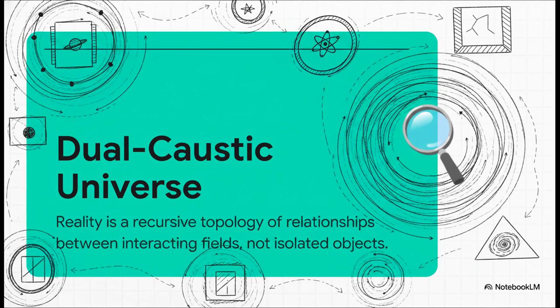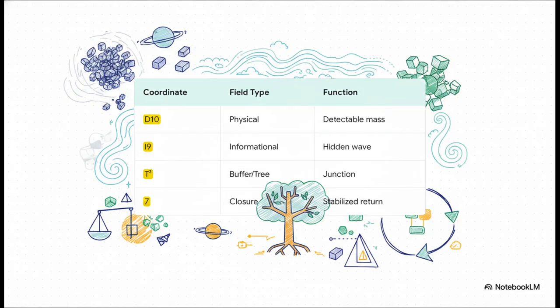The massive takeaway here is that Einstein was actually touching different edges of this exact underlying structure his whole career. He wasn't discovering separate laws. He was finding different windows into the exact same continuous cycle. Okay, let's break down the basic coordinates of the DCU. I promise to keep this super straightforward because we're going to map these right onto Einstein's theories in just a second.